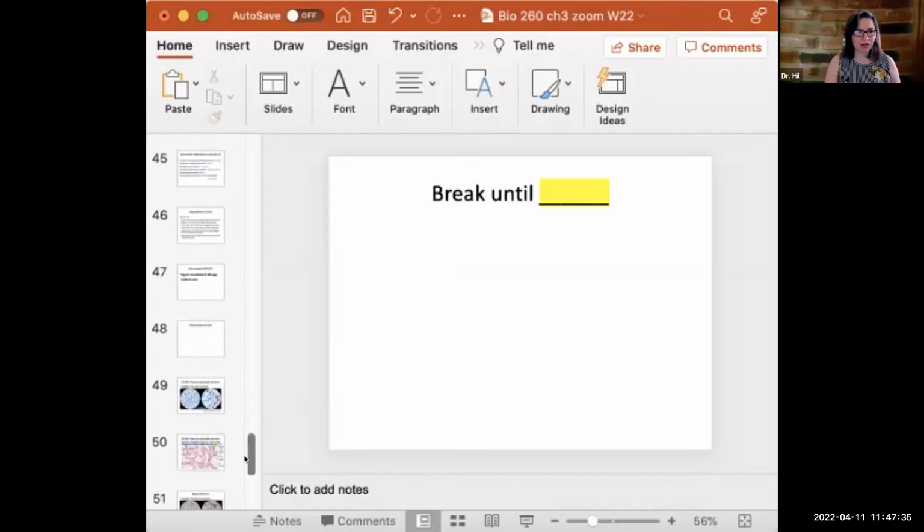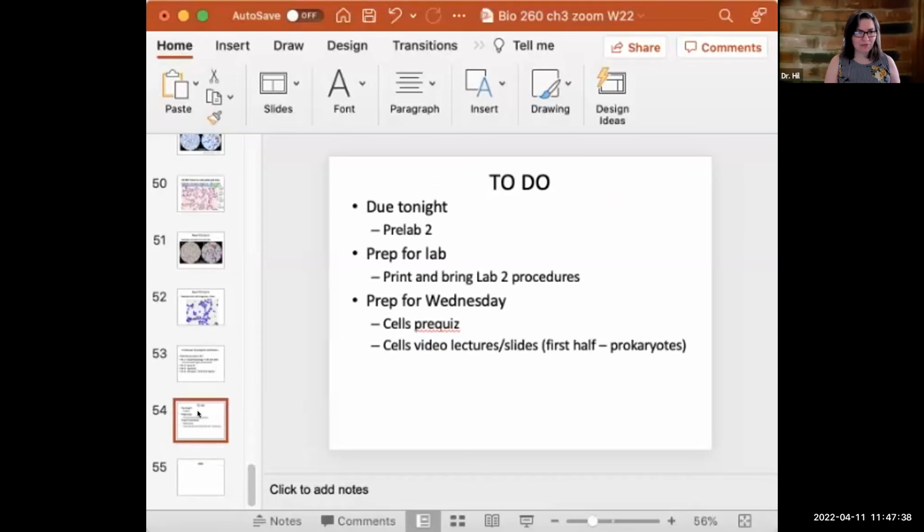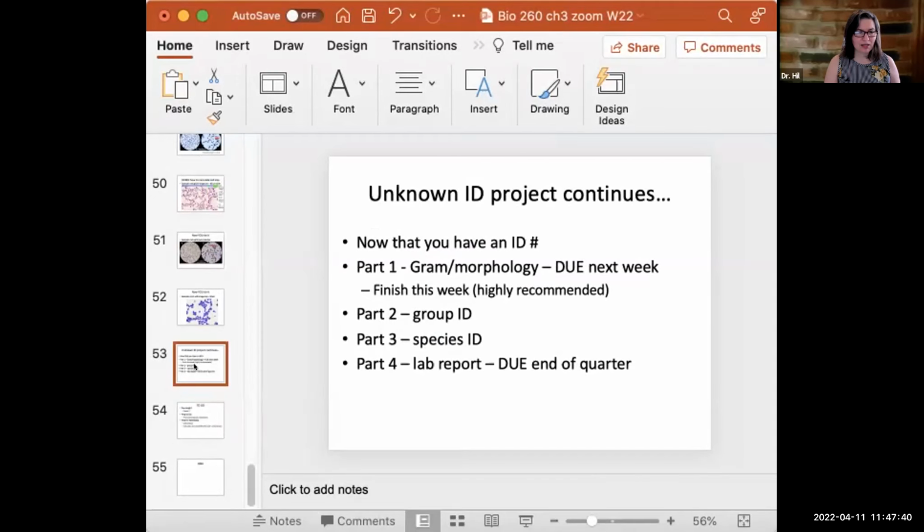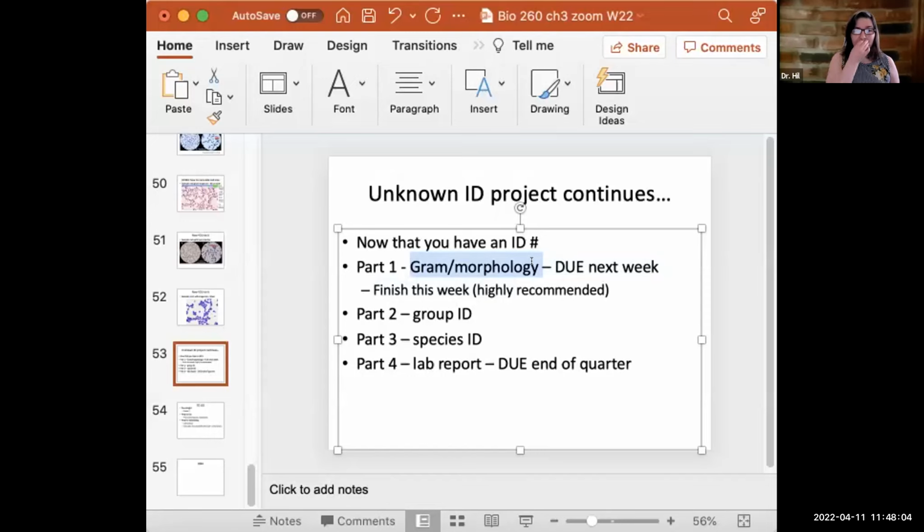I just want to make a quick comment about the unknown ID project. You have selected your unknown ID. Good job. Now it's time to start part one. So read about the project, read about the part one instructions. Basically, you're going to be sending an email to the technician asking for the gram stain for your unknown, but there's a particular wording that I want you to use. I want you to put your ID number and name into the subject of your email and send it to